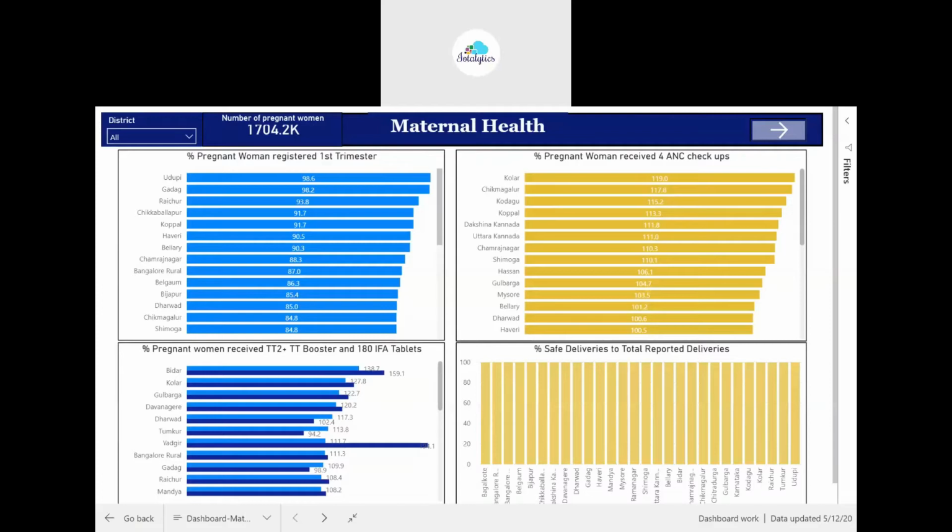two sets thematically: maternal health and child health. You can do many things and customize many things, but we have pulled out only the HMIS data. We have not triangulated with other secondary datasets like NFHS, DLHS or MCTS kind of data. But we can do many things with this kind of dashboard, whether it is Power BI, Tableau or some other similar dashboard application. You can do many things.